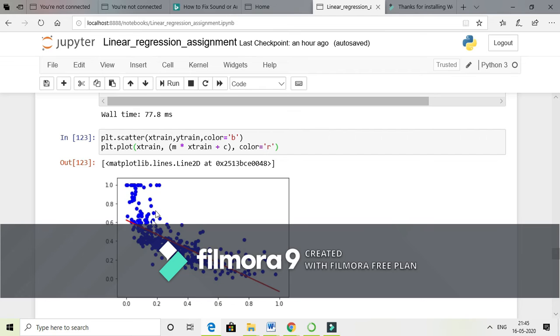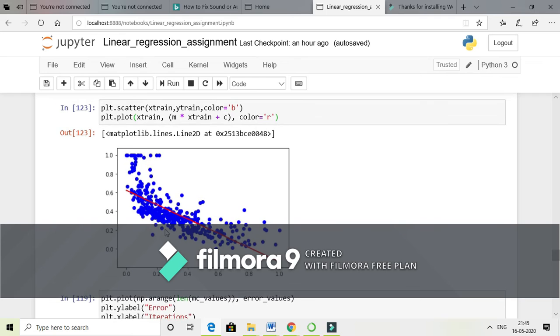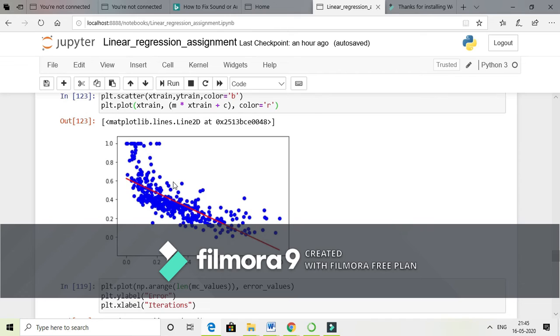So here the blue color dots indicate the training data and our red color line indicates our model. That is, our regression line has been plotted against the training data set.